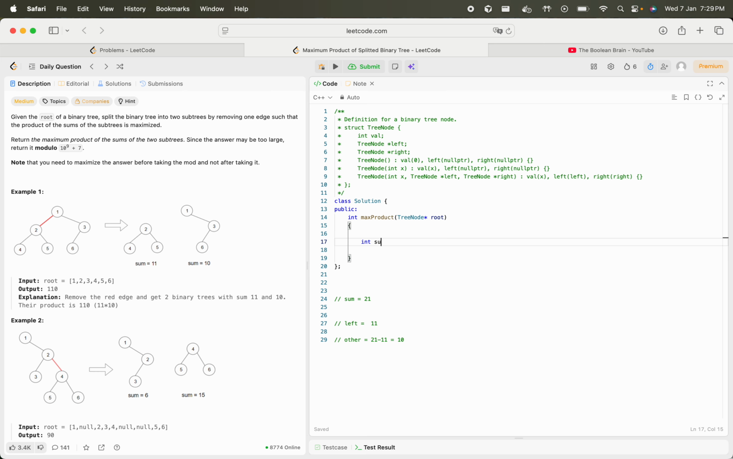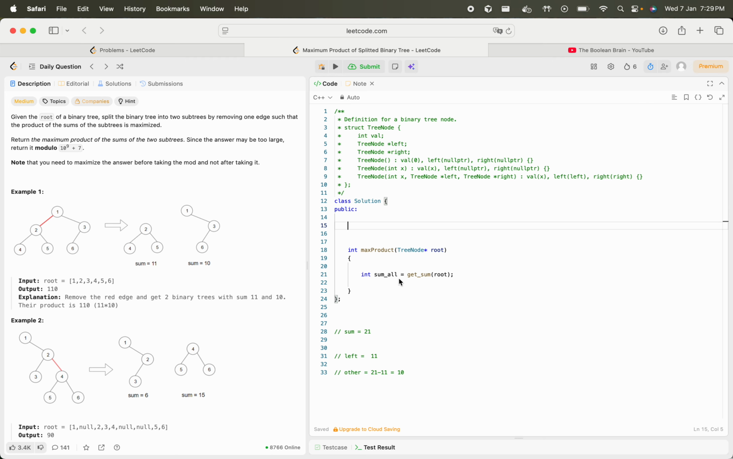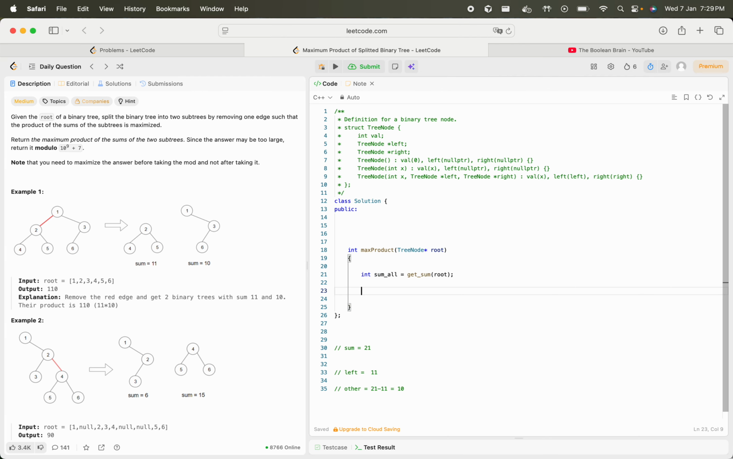Now first we need the sum of all elements, right? I will write the code in such a way that you will easily understand it. For now, let us assume this is one function which gives me the total sum. Once I have the total sum, I need to go on each element and try to find the sum below them and calculate the maximum product. So I write another function, get